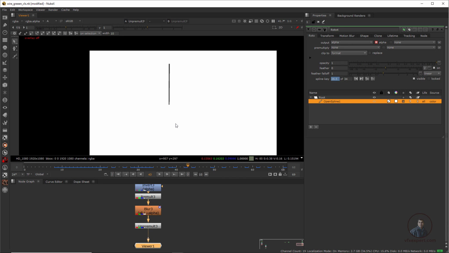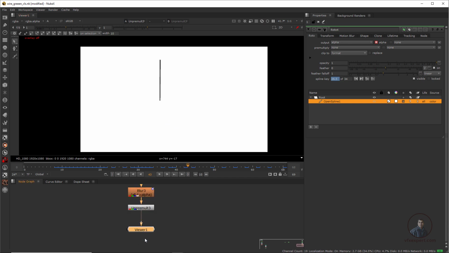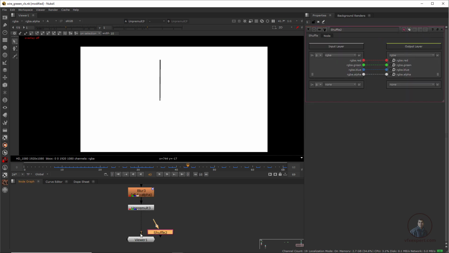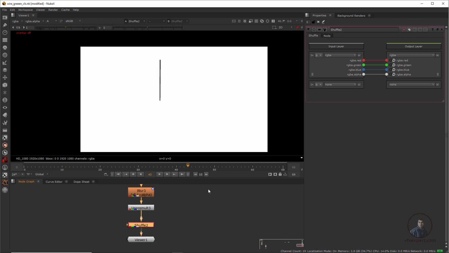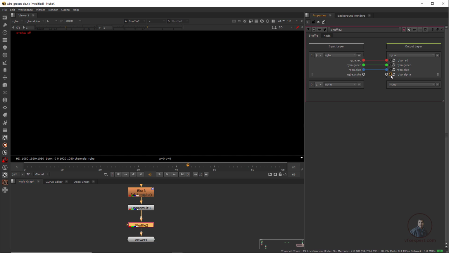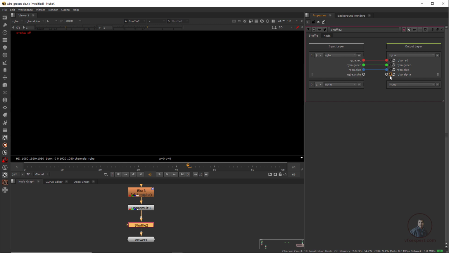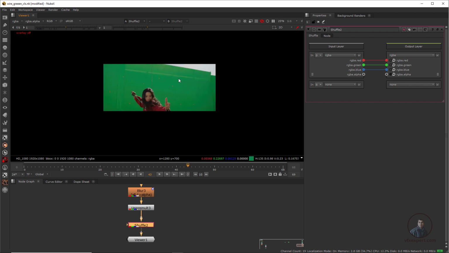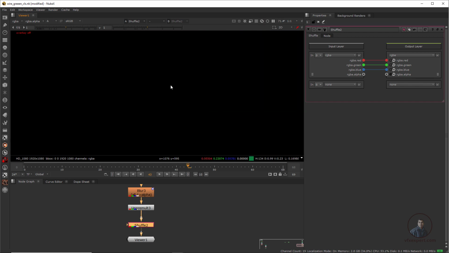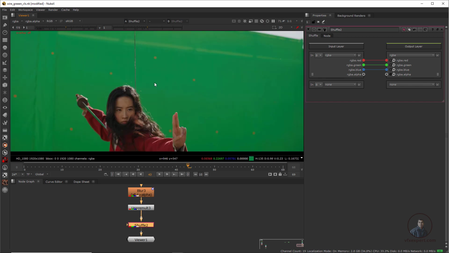So what we can do for this, simply we have to take a shuffle node after this unpremult node. So again press Tab and type shuffle and attach it here. And this black area we have to select here. So just according to the requirement you can select. So this option we have to select. So now if you press A here, there is no alpha, all these things are there. Okay, now easily we can take another roto node and connect it after this shuffle node here.